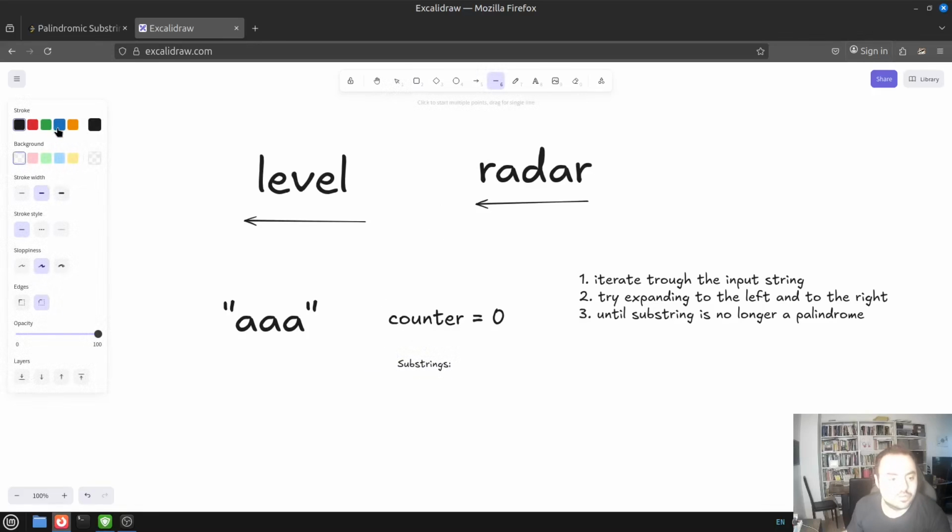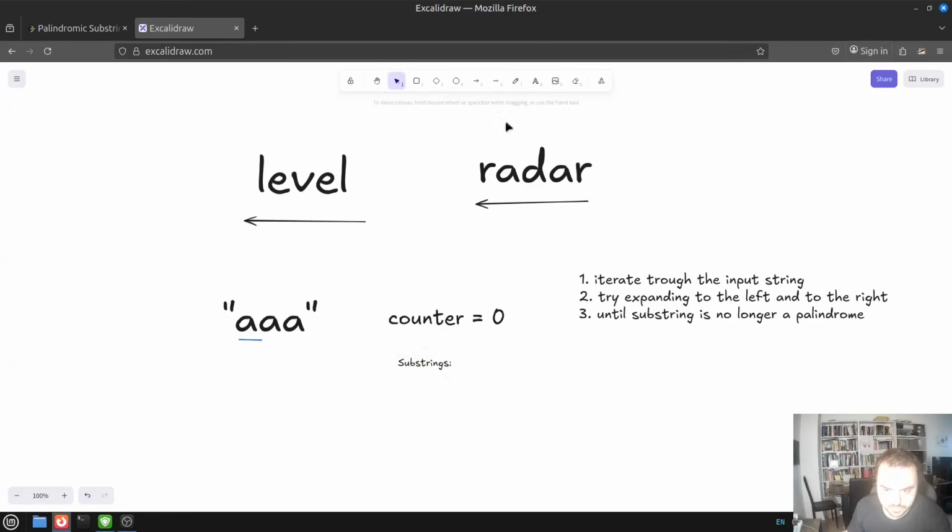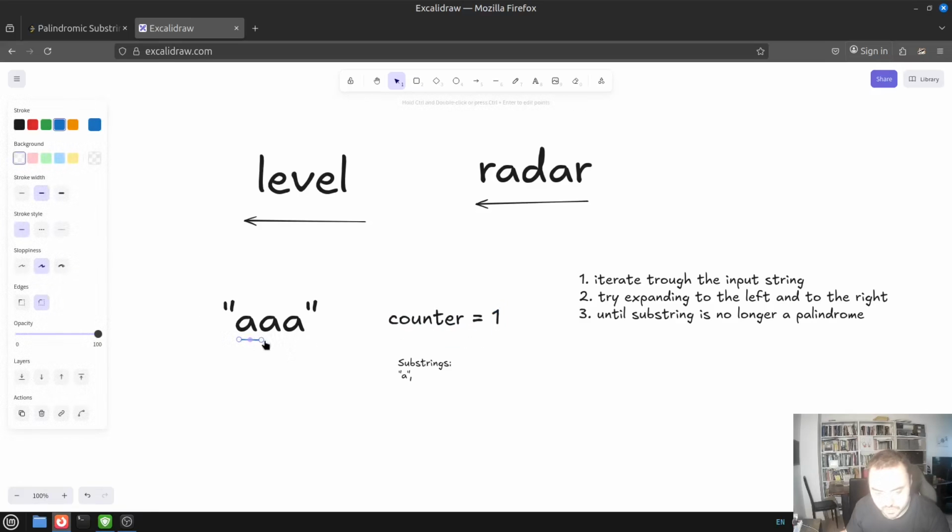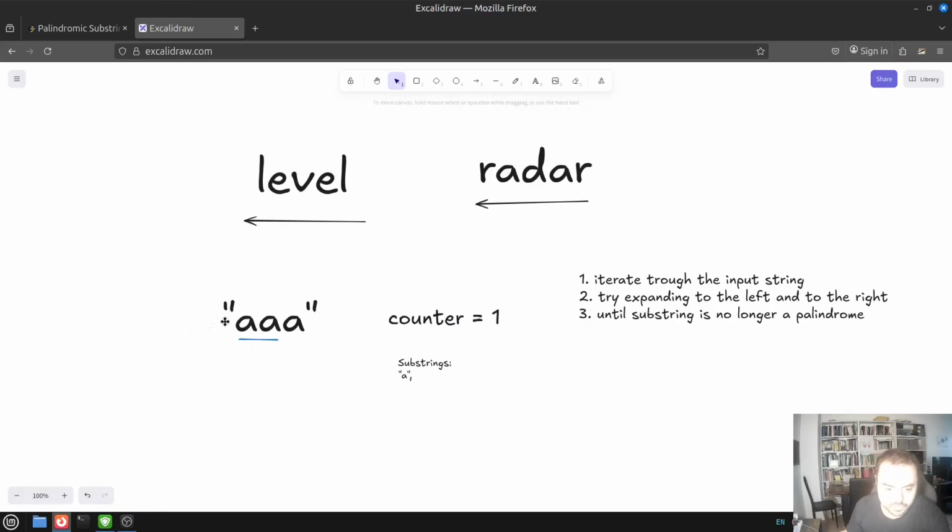And we start with A, and the first character. And maybe we can do it like this. First one will be A. And is individual character a palindrome? Yes, it is. So we increase the counter. Now we can try expanding it to the left and to the right. But of course, we don't have anything on the left. So the next substring is